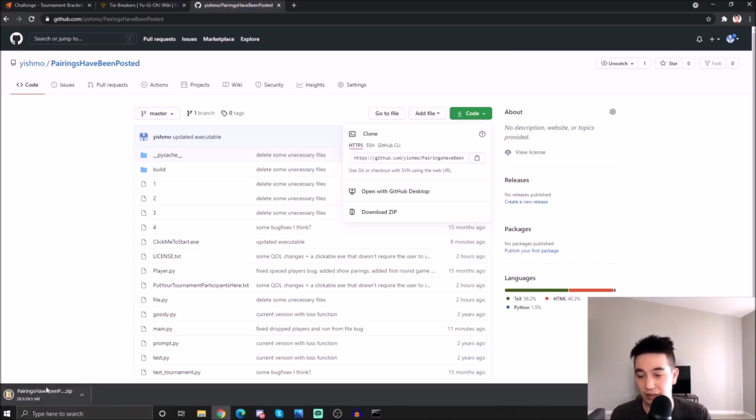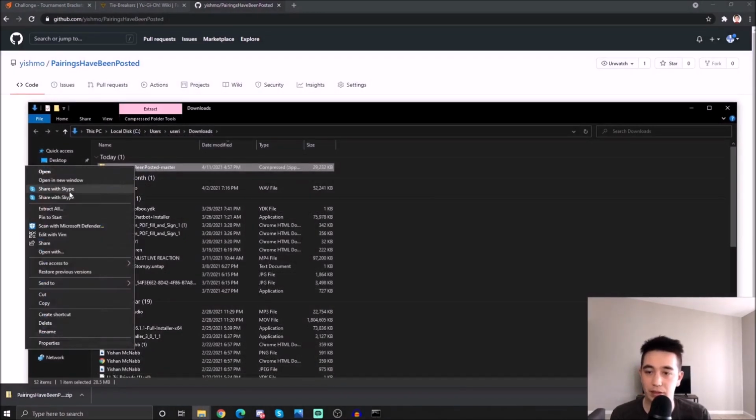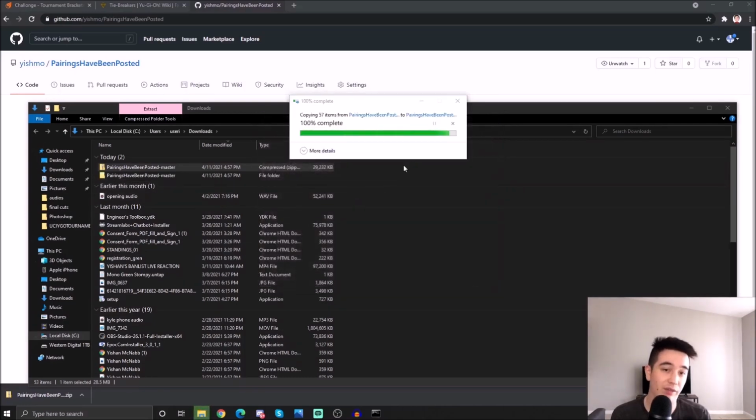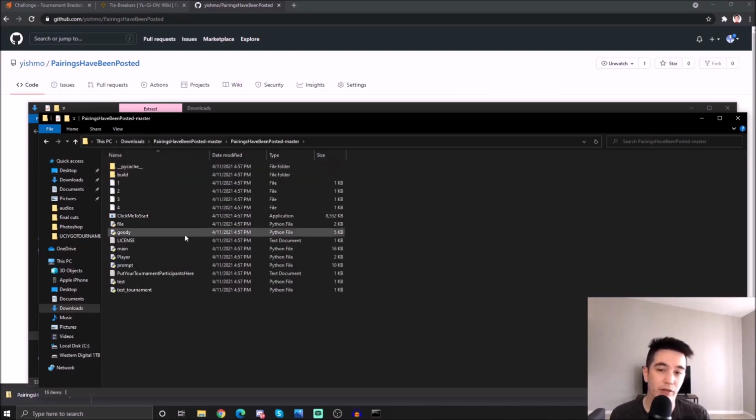It's not too long of a download. We can see that it's done, so let's go to it. Here we have it, and then you can extract this. This is a zip, so it's compressed right now. You actually have to extract it so that the full files are present, not the compressed files, so that the program can run. Here we are, we've got our folder. If we go inside our folder,